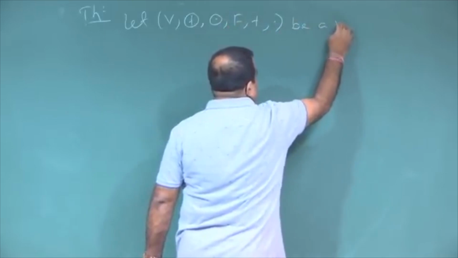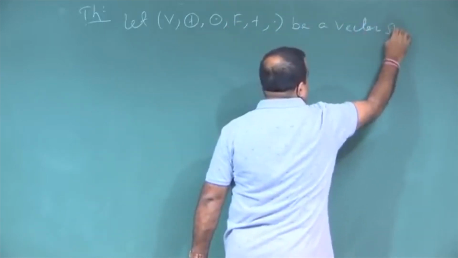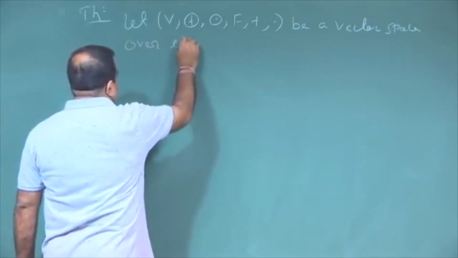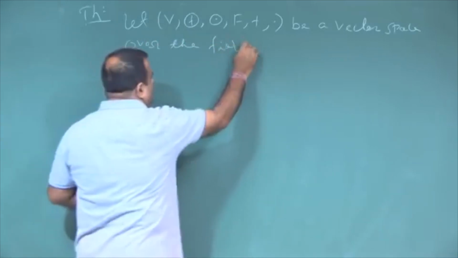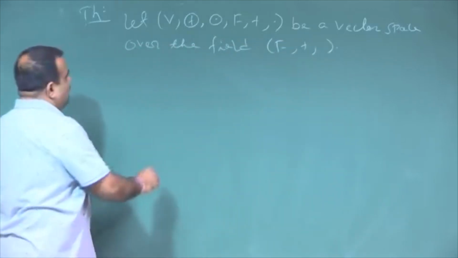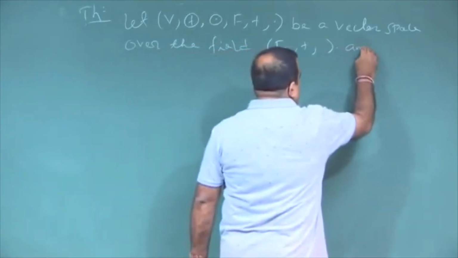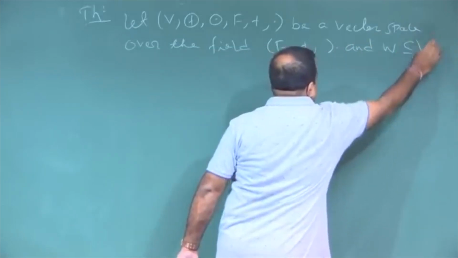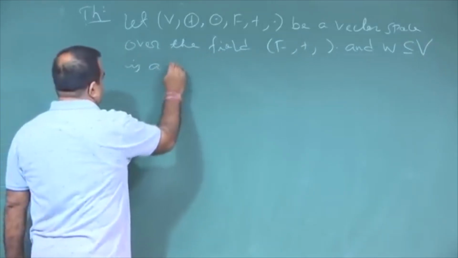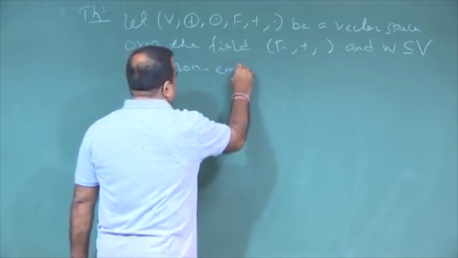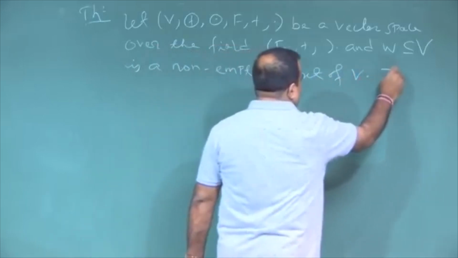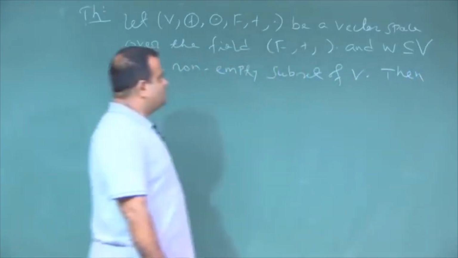Let V be a vector space over the field F, and suppose W is a non-empty subset of V, then W will be a subspace of V